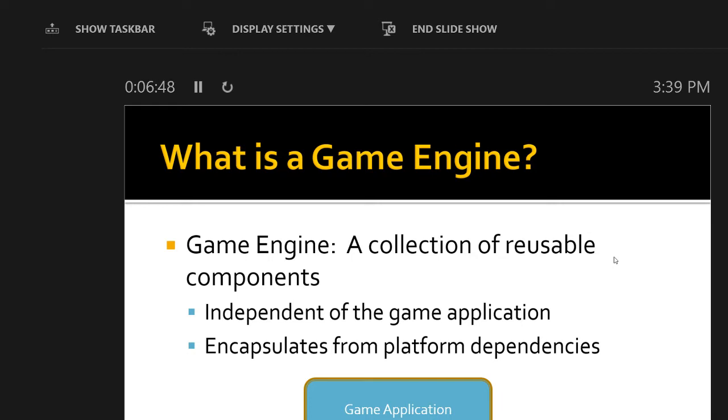So all the scripts that we're writing, and also how we're tying the different game components together, that's creating our game application. So it's outside of the engine, so we don't have to modify the engine at all. We're using what's coming out of the engine to then set up our game application. And as the game application runs, that provides input for the game engine to figure out what it needs to update, or how the world's going to change for the player.